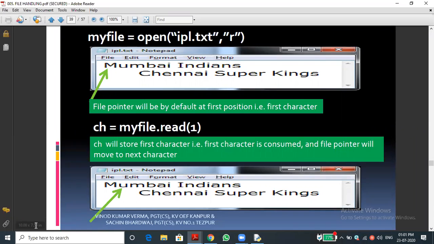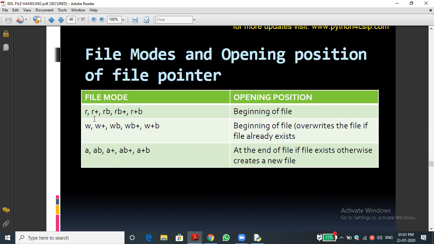Okay, good. So these are all the modes we have discussed. R plus, and RB: what is the meaning of B? In binary mode. Very good. If we are opening a file in binary format, we should use B. That is, B denotes a binary file. RB plus is read and write. R plus B is another format. Then for writing, these are the modes: W, WB, all those things. For appending mode, you can see this. It is for your understanding. Just listen to it, then you can go to the next slide.